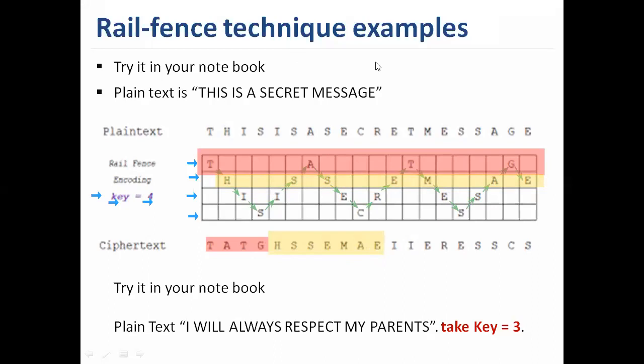Okay, then what do we have? We have a third row, and we have one more, the fourth, this one. So here we have four rows: first, second, third, and fourth. Collectively it makes the TATG HSSE